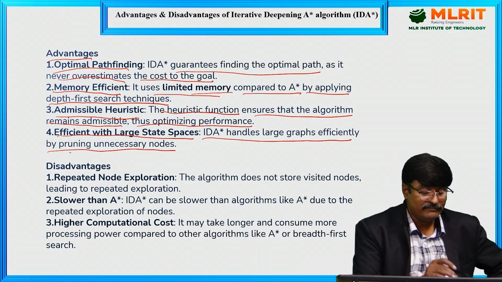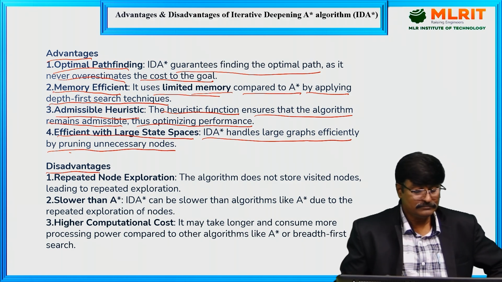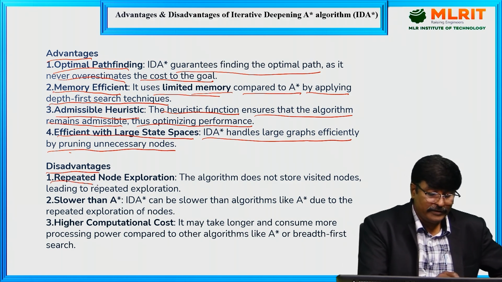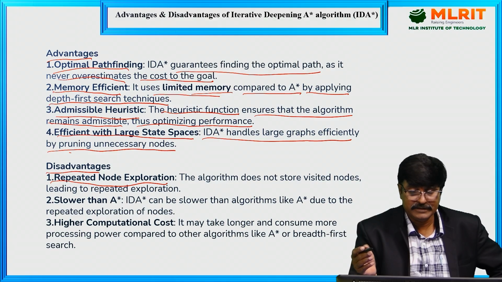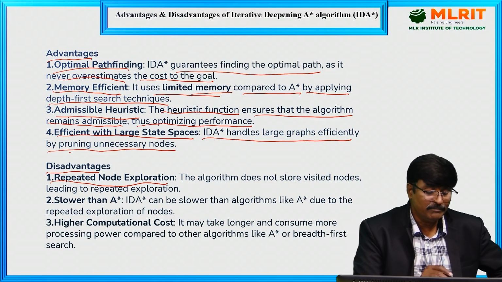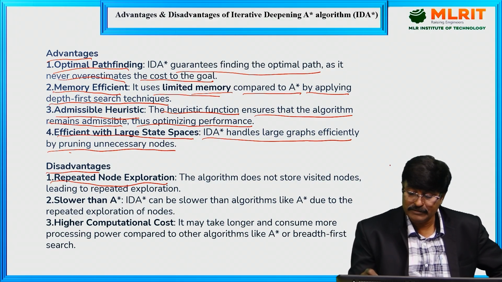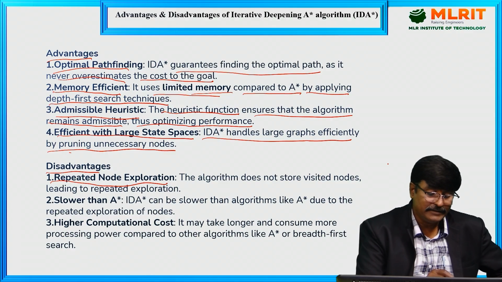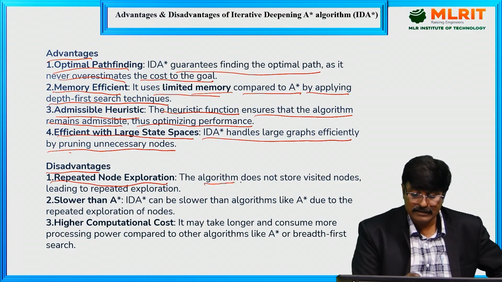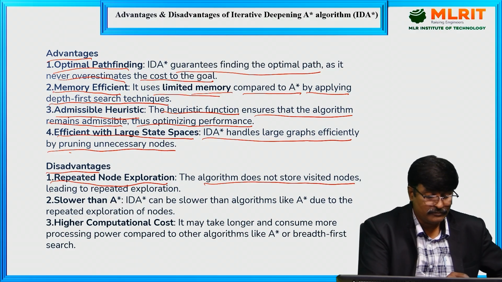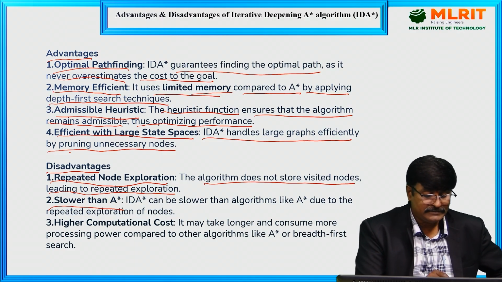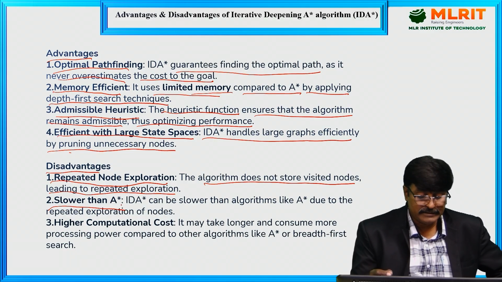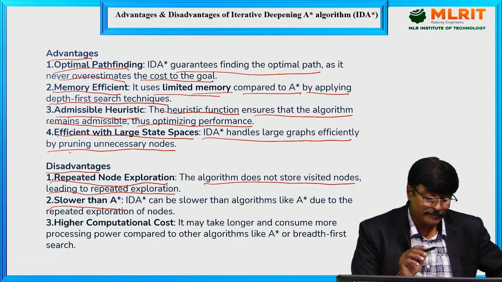What are the disadvantages in this case? Repeated node exploration, because we kept nodes in the pruned list and again we are revisiting. That is the drawback in this case. Whatever is in the pruned list, again we are reconsidering the same already visited node. The algorithm does not store visited nodes, leading to repeated explorations. It is slower than the A star algorithm,